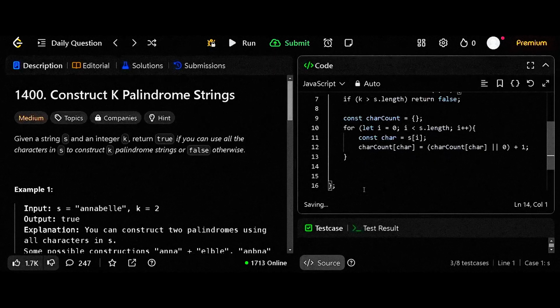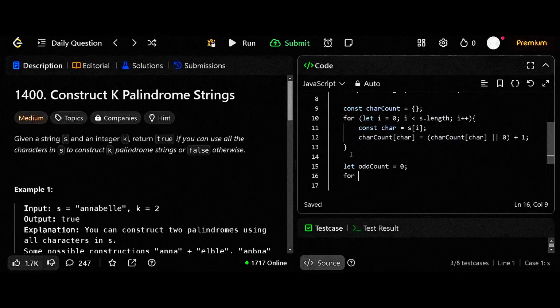But that's why I advise, before you start solving these coding problems, you make sure you are very, very good with the syntax of JavaScript first. Then the next step is to count our odd frequencies. Doing that, let's create a variable for the odd count also. Because you're starting from zero, definitely. Then you use our for loop to check it: for let character in character count,